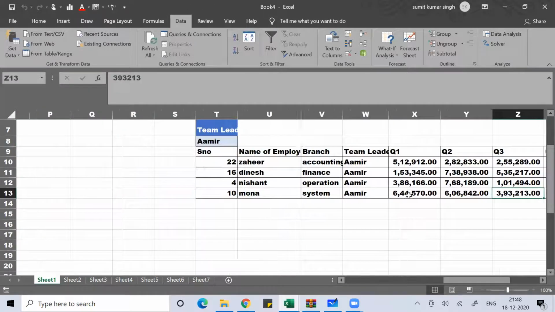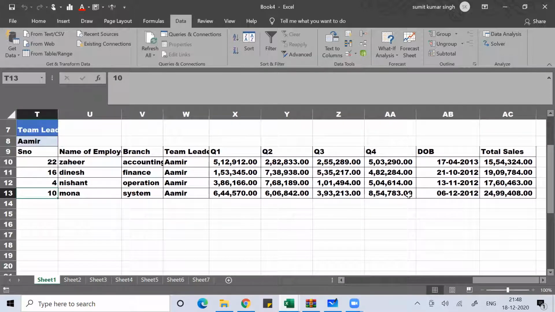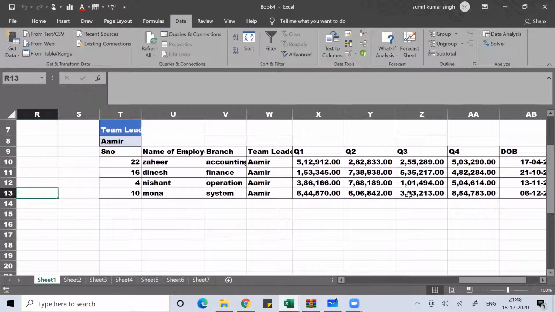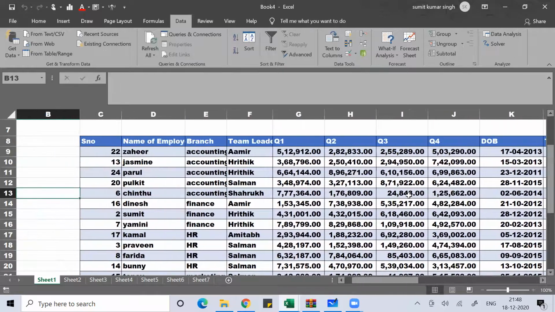Now you can see there's no hassle you are facing now. On double clicking, doing the column width adjustment, all that is not required. Everything became very feasible now. I hope you understood this. I don't think anybody would find any difficulty. It became very easy now. Is this part clear, everyone?